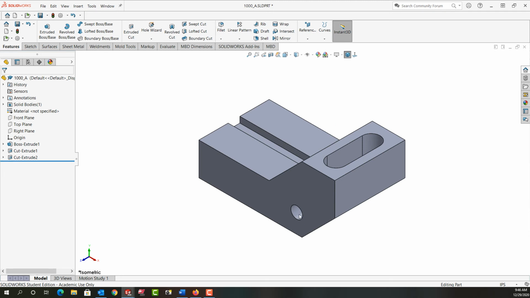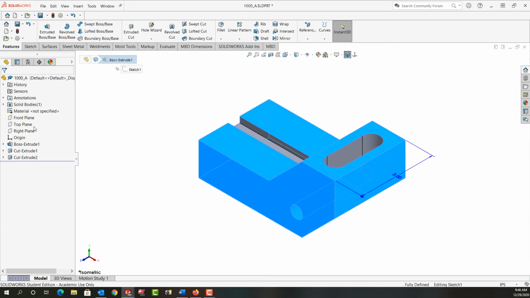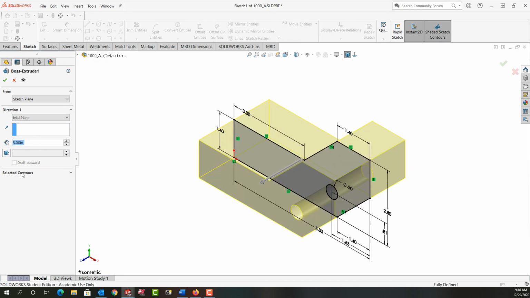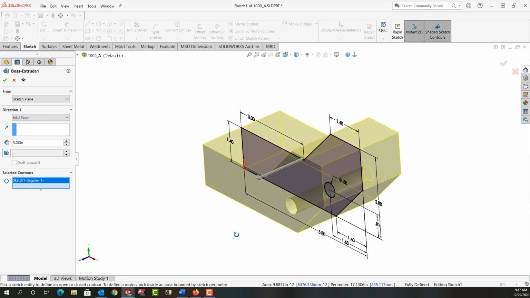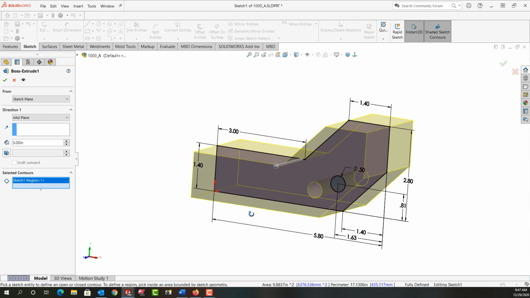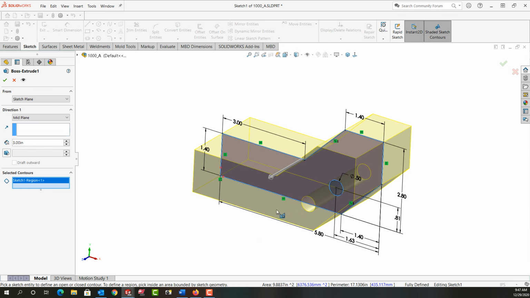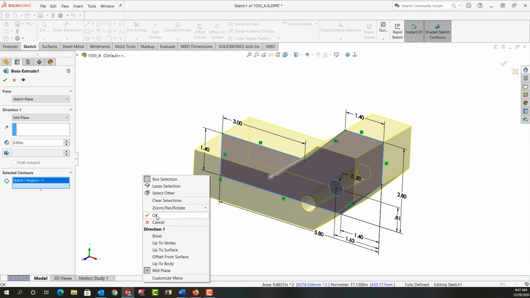So if your hole doesn't show up after you've edited it, what you're going to have to do is come back over here to the feature, click on it, and this time you're going to edit the feature. Then you're going to come down to Selected Contours and expand this. You'll notice this field is blue, so it's waiting for you to go out into your sketch and click what part of the sketch area you want to be extruded. So I'm going to click here, and that will tell it to extrude this region. I didn't click inside the hole. Just hold my middle mouse button and rotate around. So we see the preview shows the hole, and I'm going to right click and say OK